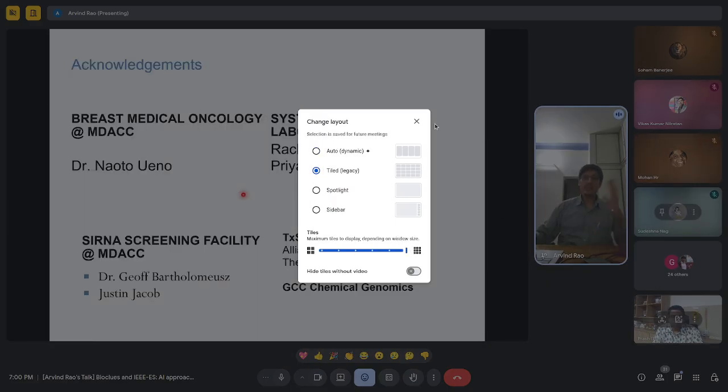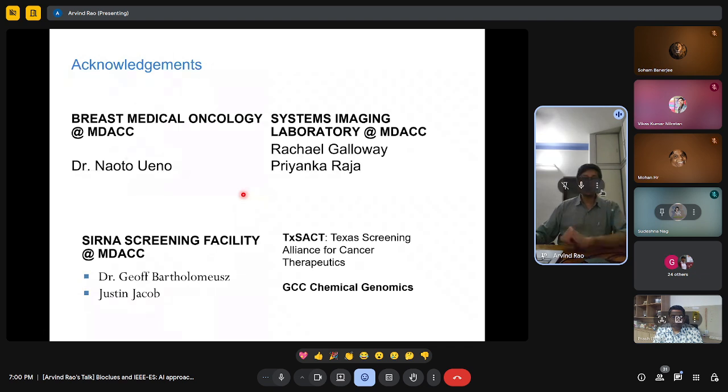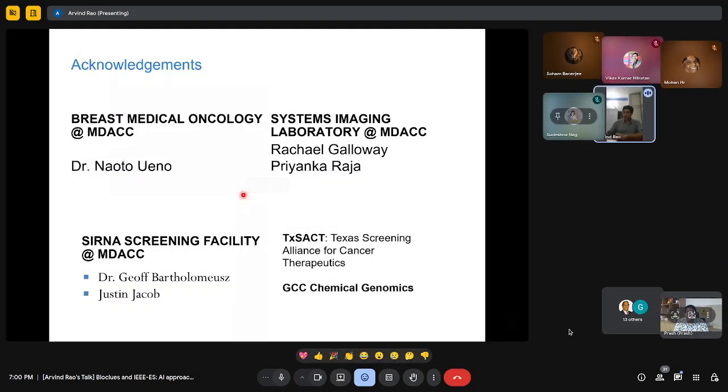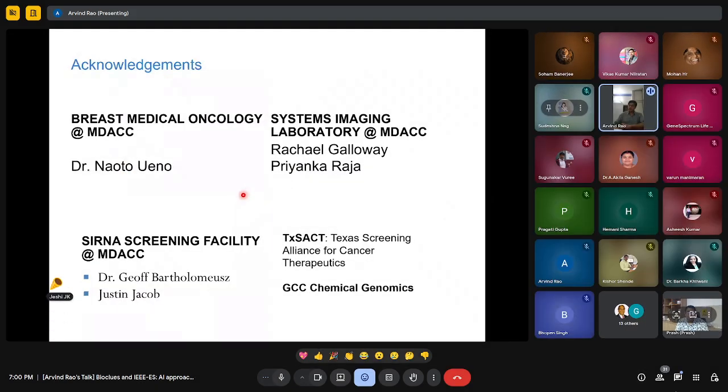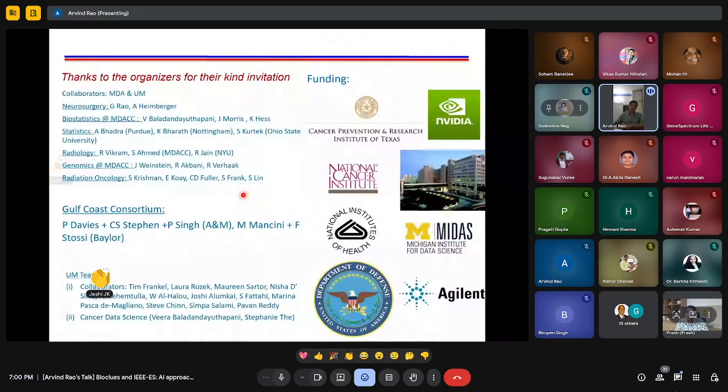So I'll close by firstly thanking the people who made the first project possible. It was the clinician that gave us the problem. Jeff and Justin helped generate the data. My students, Rachel and Priyanka, did all the work. I'm really, really grateful for the opportunity to work on this with them. The immunology work is a multi-team effort. I'm an engineer by training. I don't come from biology, but a variety of people helped us get here.